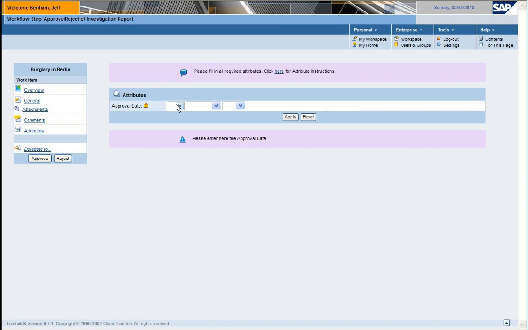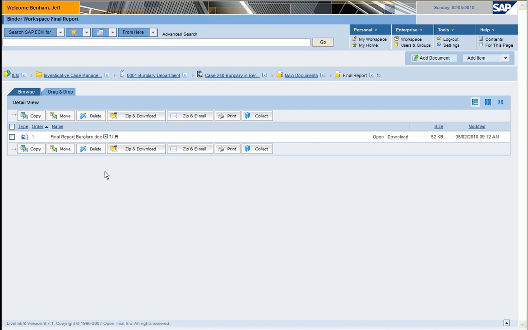You can also check the approval date, and finally he can approve the document. Here's the final report that was just approved by Jeff Banham. When we look at the document,